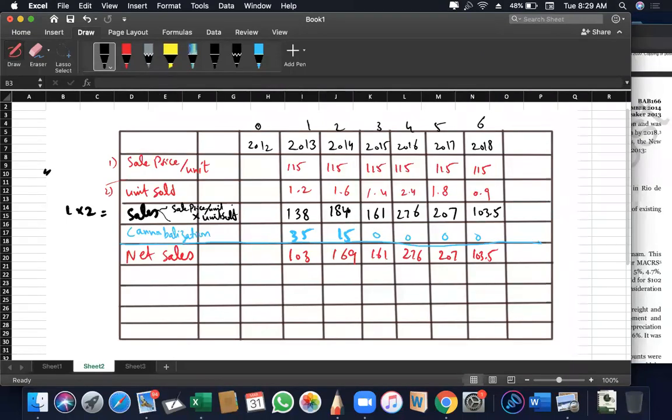Now till this point we have calculated the actual sales. So in future we will use this only. Okay,